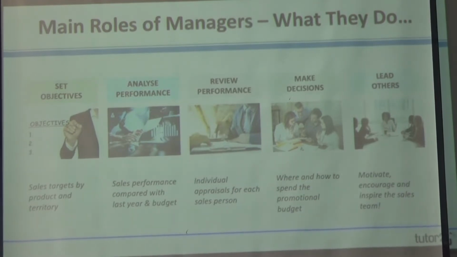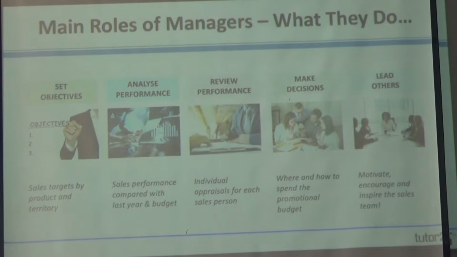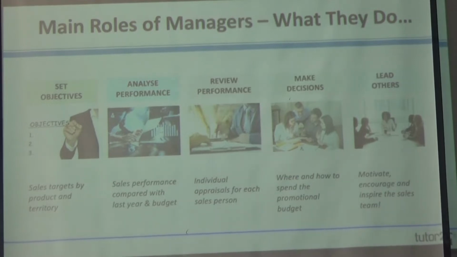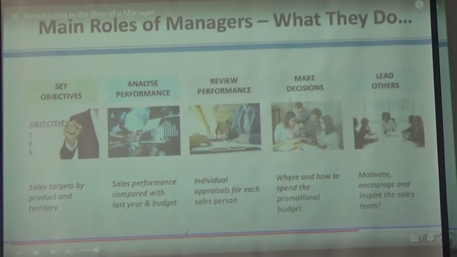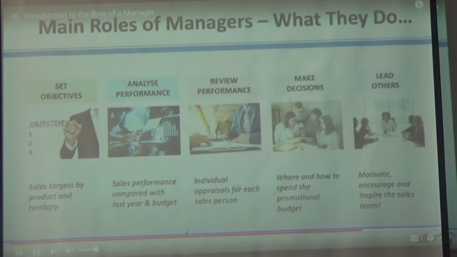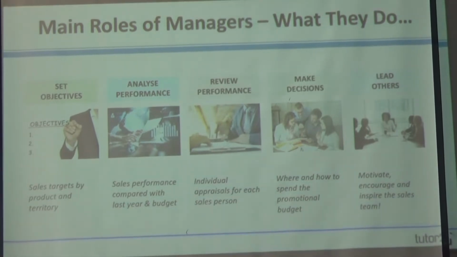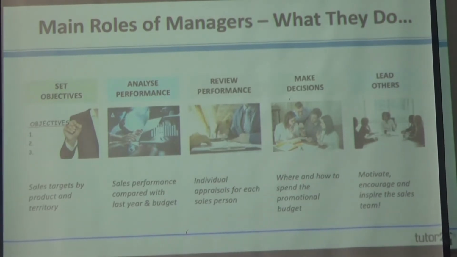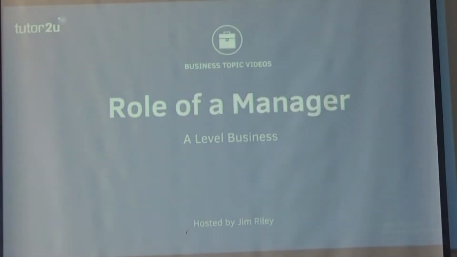The sales director is also going to have the authority to make decisions. In this case, a sales director is likely to be looking at decisions about how she spends the promotional budget or which distribution channels she decides to use. And that's O, right? That's organizing and allocating resources. And lastly, the sales director is also hopefully going to motivate and encourage her sales team, particularly important in sales, where it's all about confidence and performance. So there we go, those are the 5 main roles of managers. And that's just a summary of the role of a manager.